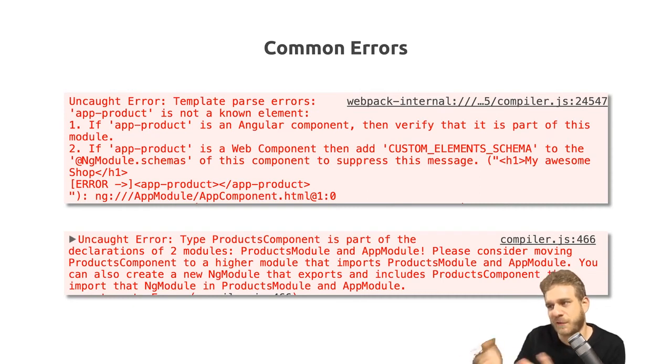Check the selector for typos. Maybe you have the wrong selector set up in the component decorator of the product component. These are the things you should have a look at. Take these messages seriously, and if you can't find a solution, Google them. You find a lot of GitHub issue threads, a lot of Stack Overflow threads for all kinds of common error